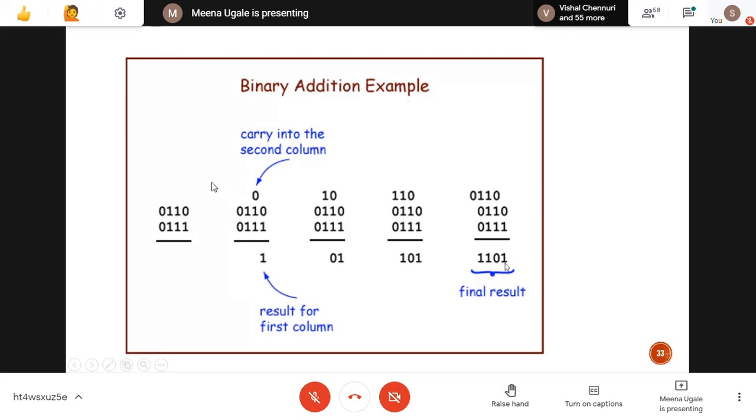You can note down this example. Any one example you can note down. No need to go for all the steps. If you want, you can refer it afterwards from slide. Just see the last column. Last one. How the carry is generated and consider for further addition. That is important part here. I'll show you one more example on this.